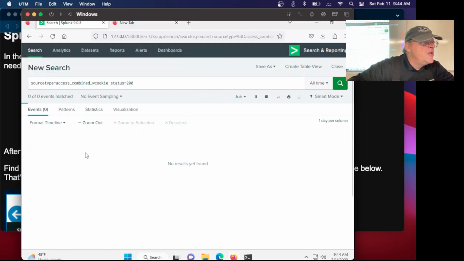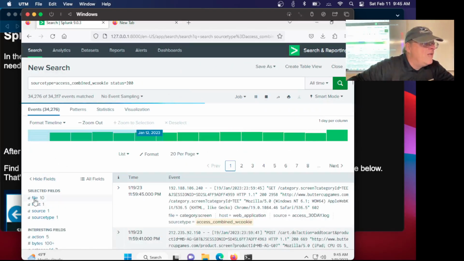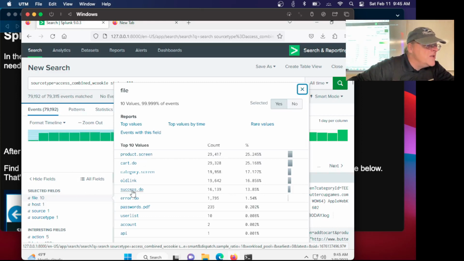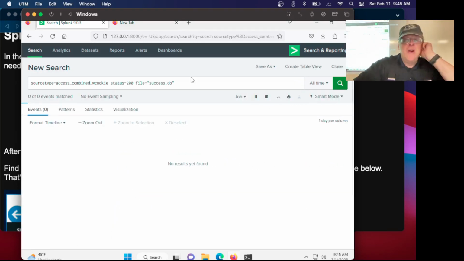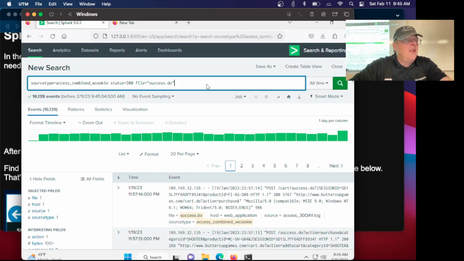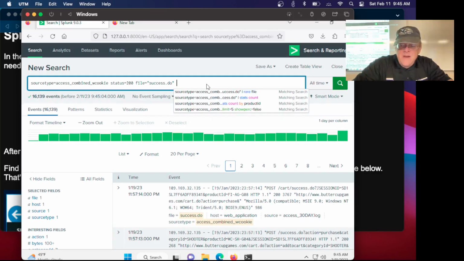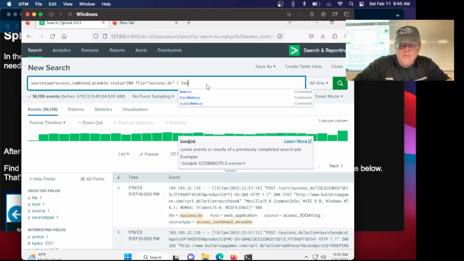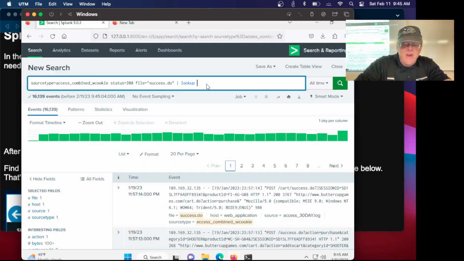And successful purchases of a product are file success.do. So now we have the web request that actually resulted in a product being purchased. Now, here's where we're going to change: we're going to add the lookup table to it. So that is pipe lookup, and the name of our lookup, which we called products lookup, in the second stage of importing that lookup file. Products lookup, so we can look up product ID